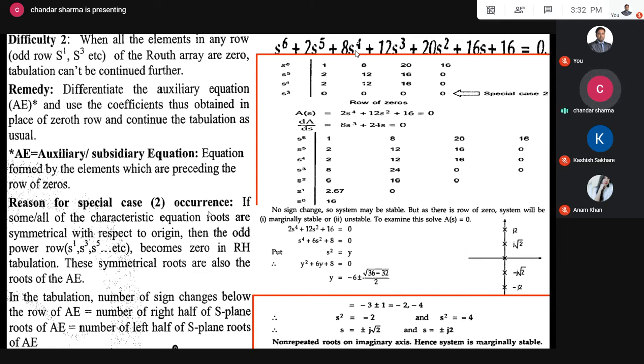ओके, तो कॉम्प्लेक्स कॉन्जुगेट पोल्स कहां से मिलेंगे? ऑक्सिलरी इक्वेशन को 0 करना पड़ेगा. ओके, तो यहाँ पे हमने जब रूट्स निकाल दिया तो एक आ गया प्लस माइनस j, अंडर रूट 2 है, प्लस माइनस j. तो जितने जो भी ऑक्सिलरी इक्वेशन के रूट्स उतने पोल्स हमारे इमेजिनरी एक्सिस पे आ गए. नॉन रिपीटेड, सिंस द रूट्स आर नॉन रिपीटेड, दो दे आर ऑन जियोमेट्रिक एक्सिस बट दे आर नॉन रिपीटेड, वी कैन से दैट सिस्टम इज मार्जिनली स्टेबल. तो जब भी रो ऑफ 0 रहेगी, सिस्टम क्या रहेगा? मार्जिनली स्टेबल रहेगा.